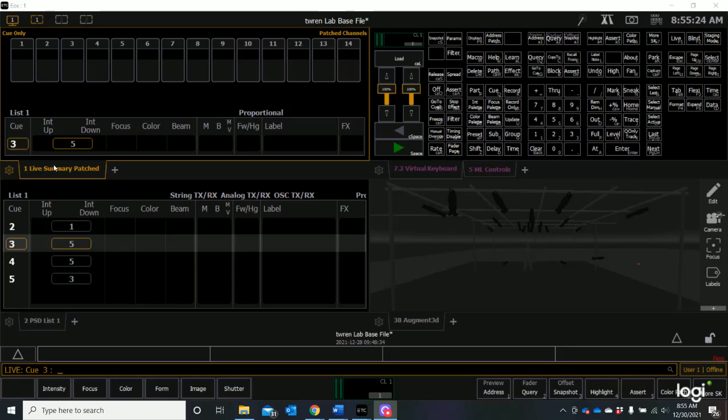Next, let's talk about navigating within a tab a little bit. So I am in the Live Summary Patch tab right now, which is where I can turn on channels. Let's say one full enter. How about one full enter, right? And I've turned on channel 1, but I know that I've patched more channels than what are being displayed in